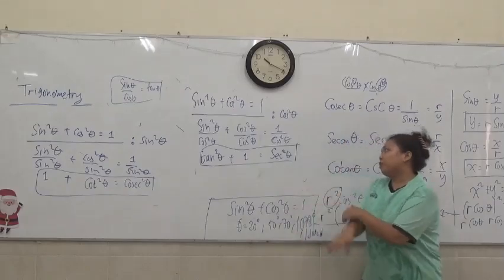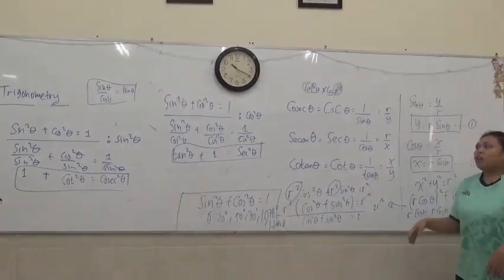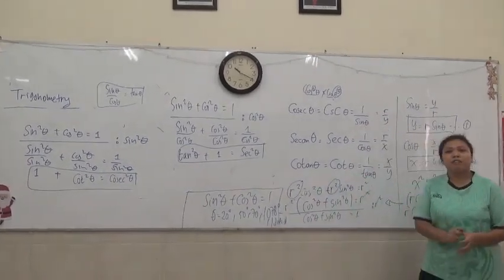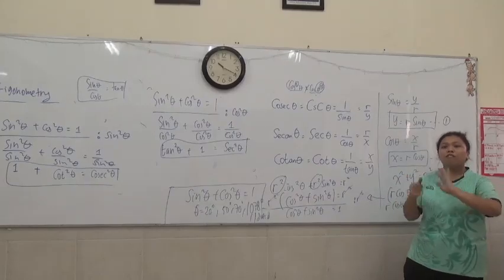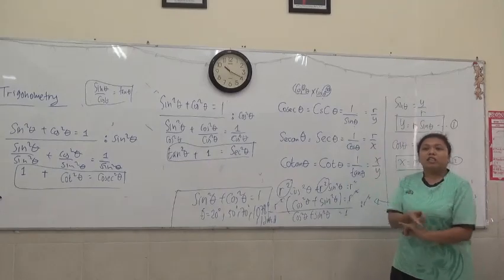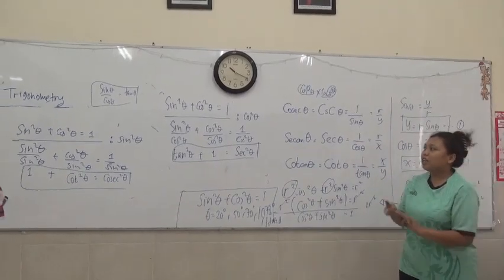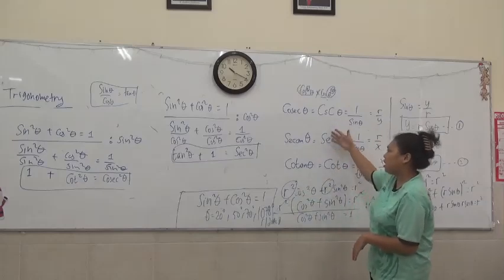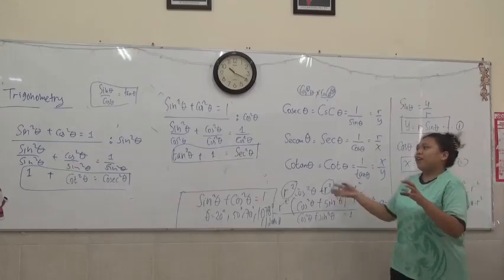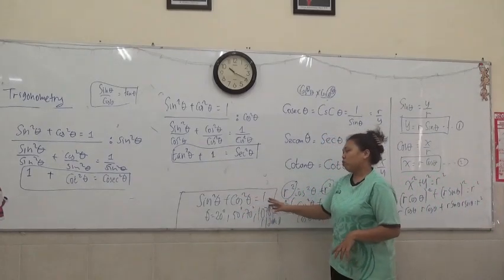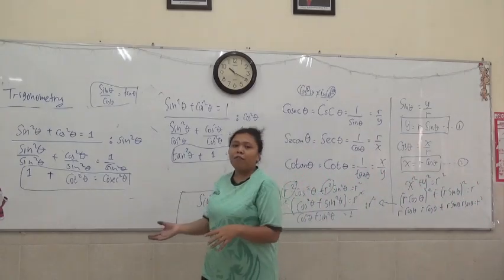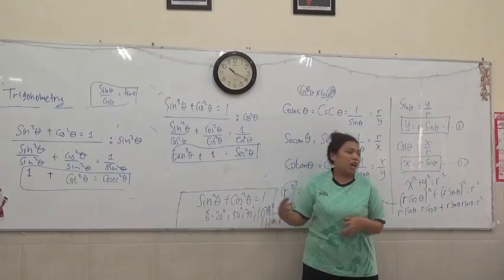Okay? So the very important thing that you need to, I think, memorize is just the formula of the 6 main ratios of right angle triangle, which is sine theta, opposite divided by hypotenuse, cosine theta, adjacent divided by hypotenuse, and tangent, opposite divided by adjacent, and the other 3 identities. And the rest, we're going to improvise using the main identity, sine square plus cos square theta equals to 1. So what we're going to learn after this further is just to prove one identity to another identity. I'll give you one example.